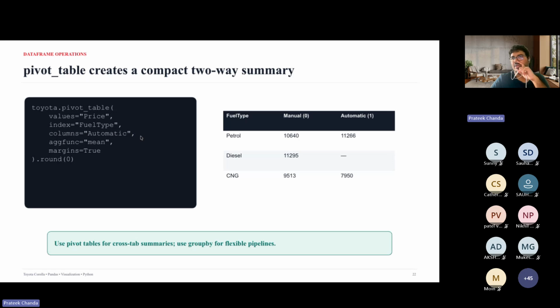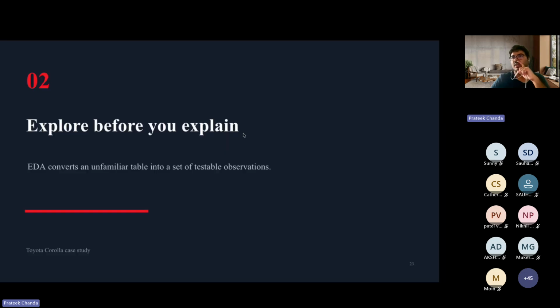So my columns are automatic and my indexing is by fuel type. And here I'm just showing the mean price of it. So you can have the aggregate function as mean, where you can apply this mean price for manual type cars, which corresponds to petrol as a fuel type or diesel as a fuel type, and so on.